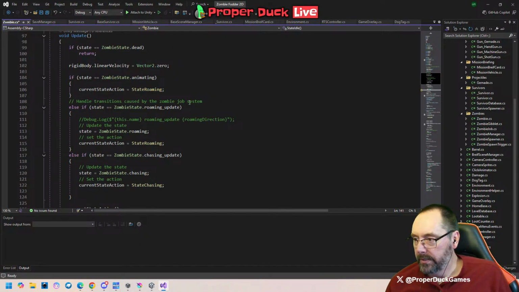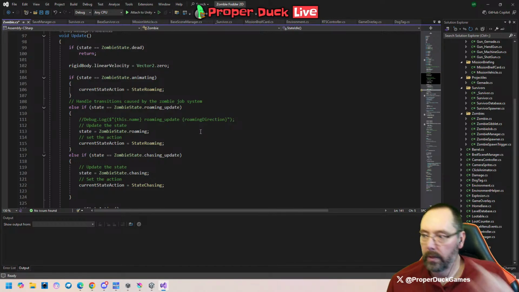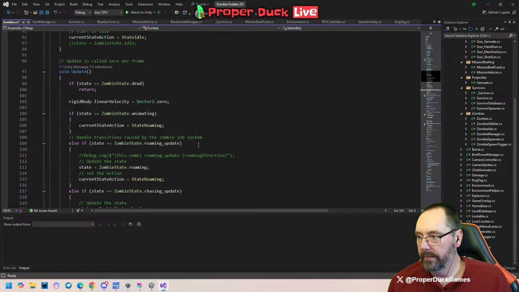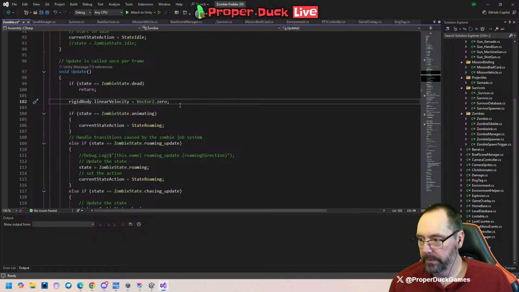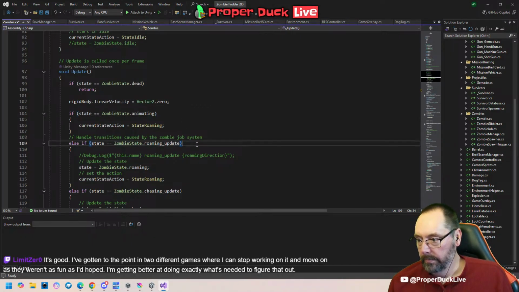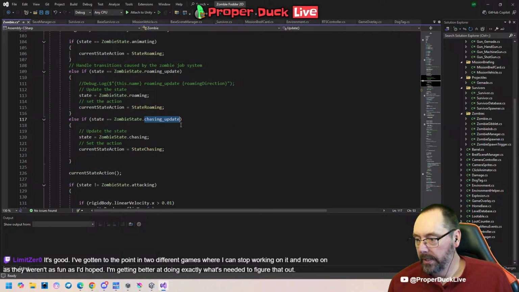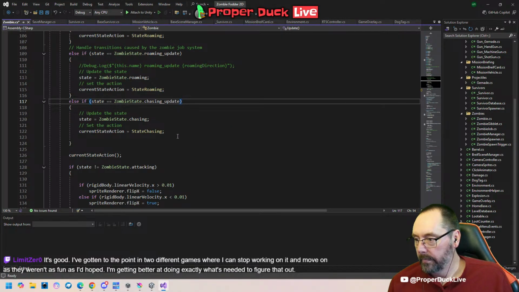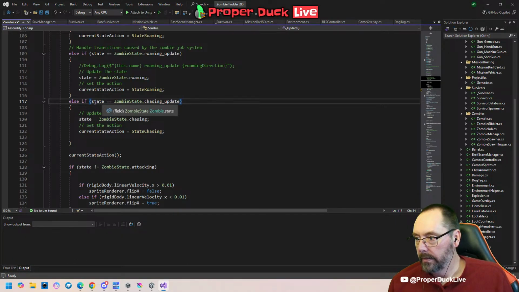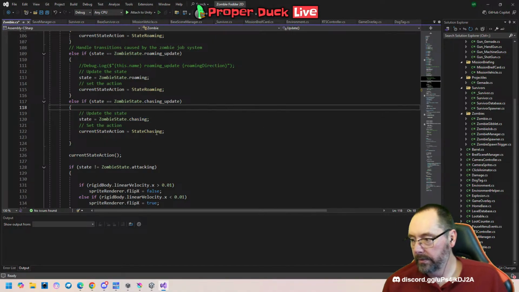When a zombie sees a survivor, it goes to chase them. I want it to alert the surrounding survivors or zombies and trigger them to go chasing as well. This chasing update. When this is an intermediate state, it goes from here and immediately goes to chasing. So here I can do